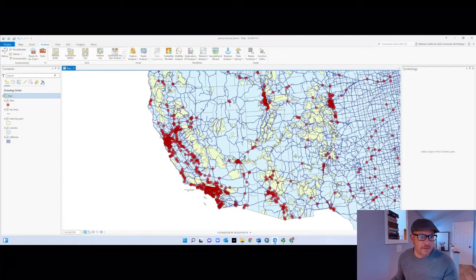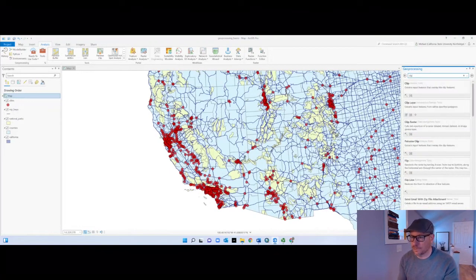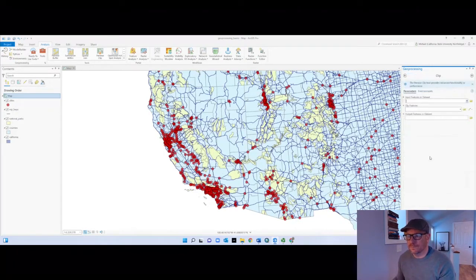I'm going to go up to analysis, go to tools, and in the search box I'm going to type clip, and click that first one, clip. Okay, now with this, a few things. We have this Pairwise clip tool, which provides enhanced functionality or performance. Intriguing. What this is, and you'll see this with a handful of these, this Pairwise deal,